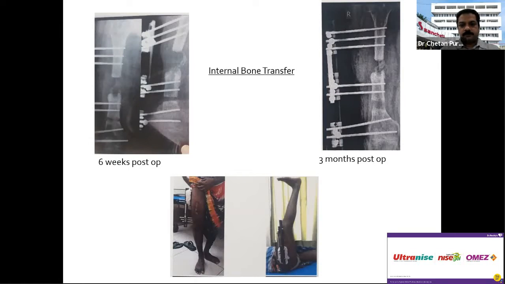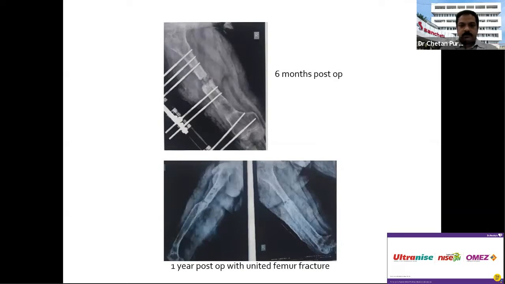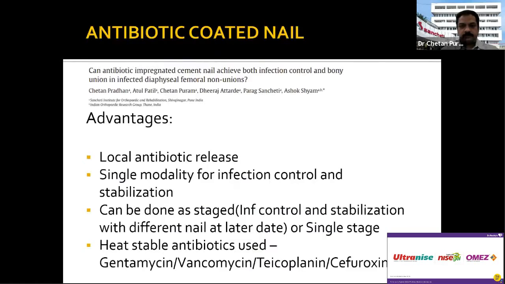And once we achieve the docking, then again we go down, remove all the interposed fibrous tissue and do an iliac crest bone grafting. So that was at the end of 1 year, where the fracture is united and the regenerate is also consolidated. So post-operative